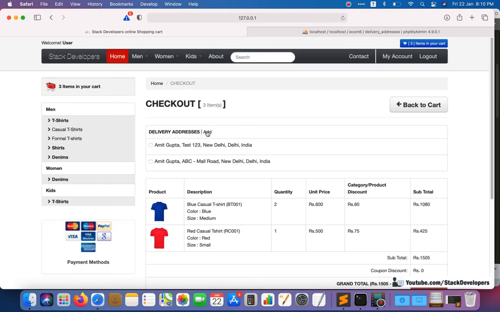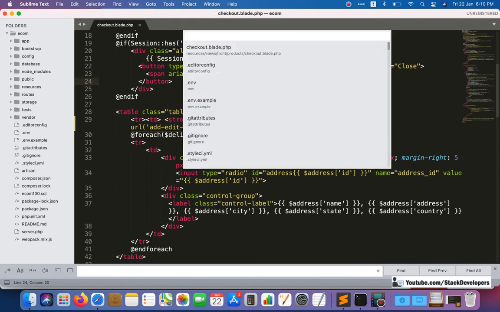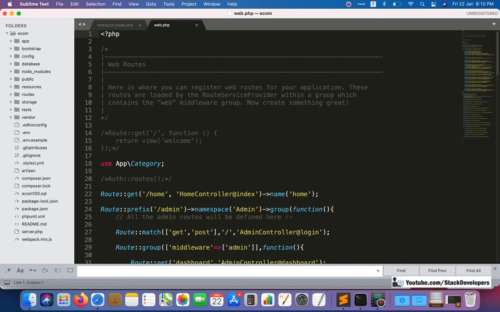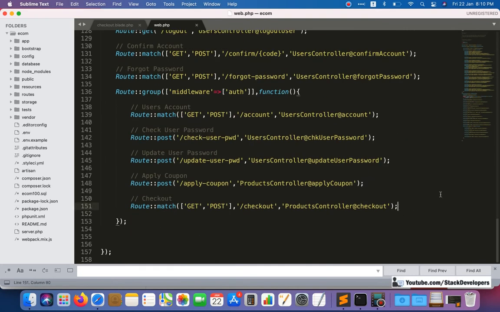Okay, so you can add anywhere, you can create this option here or somewhere else, wherever you want. And my main focus is on the functionality part only, not on the formatting and design, all that you can do from your end. So now I'm going to create the route for add edit delivery address, and we are going to create the common route for both add and edit.